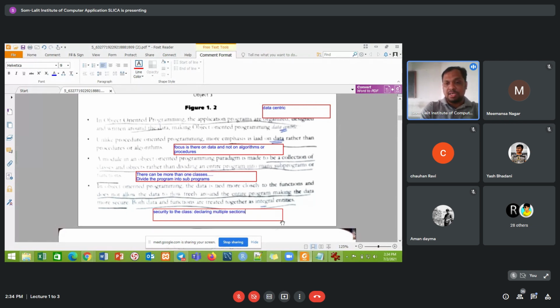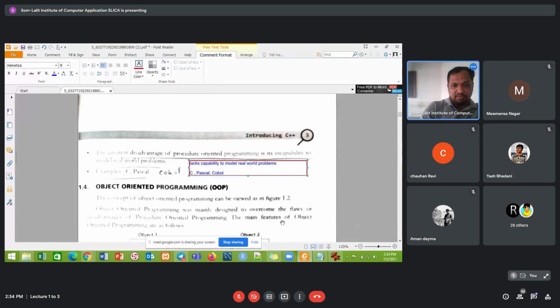Now, what do you mean by declaring multiple sections? Multiple sections will be private, protected, and public. I would say public first.